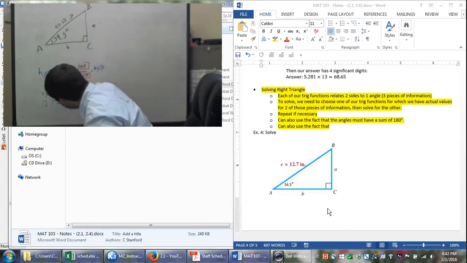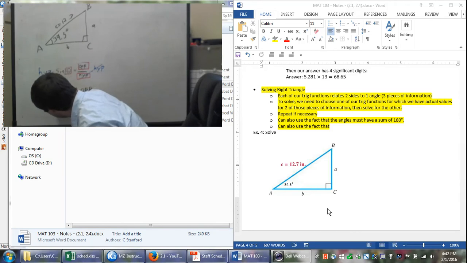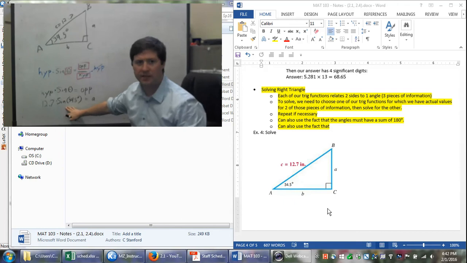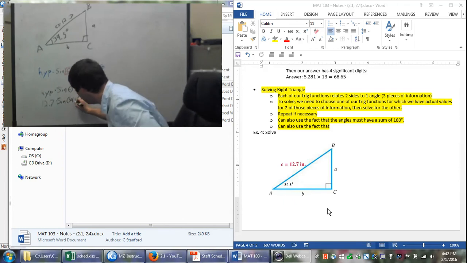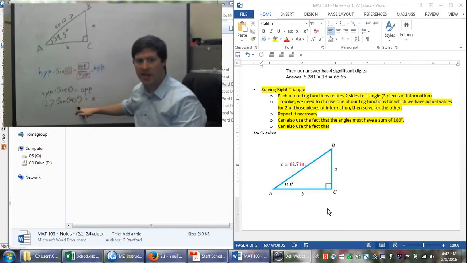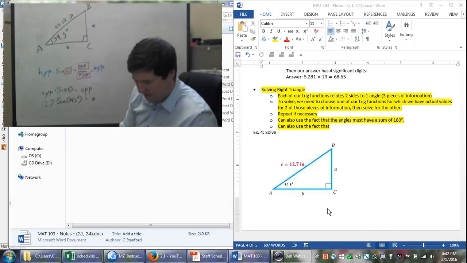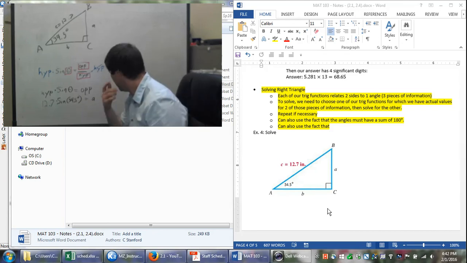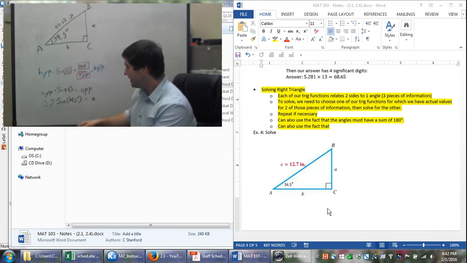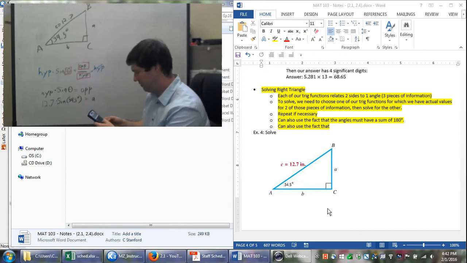So now I've got this solved for my opposite side. The length of the opposite side is equal to the hypotenuse times the sine of my angle. So if I know the hypotenuse and I know one of my angles, I could then very easily calculate the opposite side. And through sheer luck,